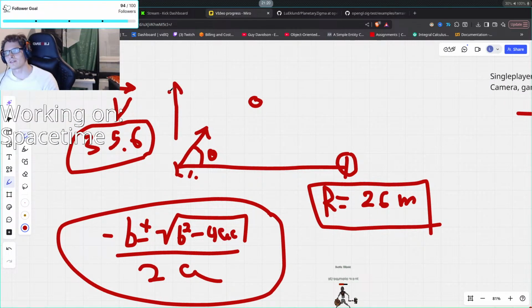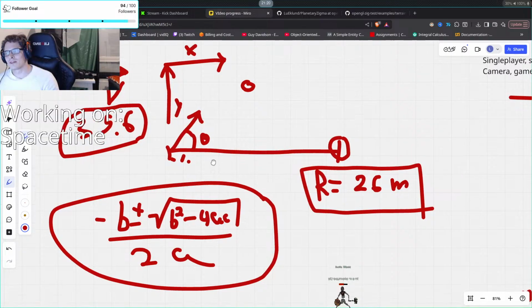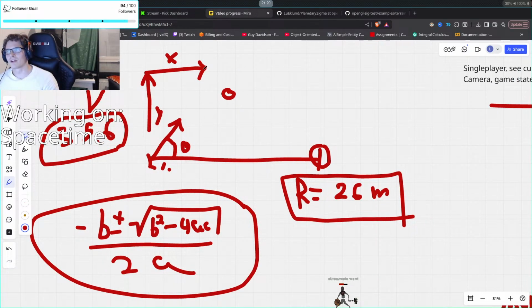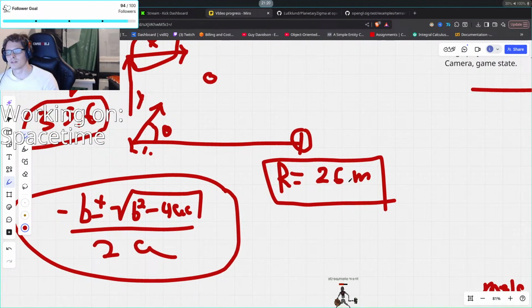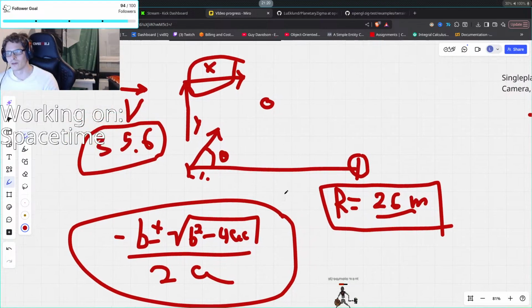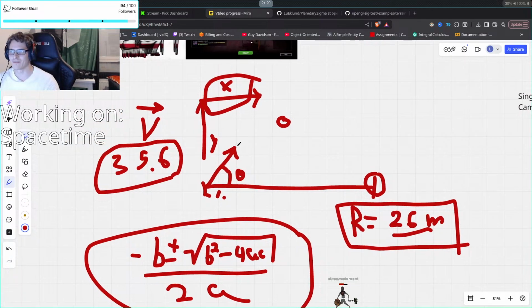A vector consists of 2 parts: the x and the y. With the time, you can figure out how big the x should be, because you already know how far you want to go. So you can know the x component of the vector. And because you also know the magnitude, you can figure out the y using Pythagoras.